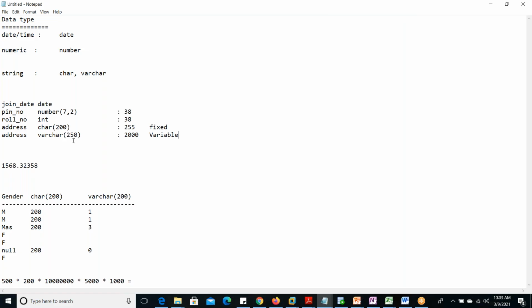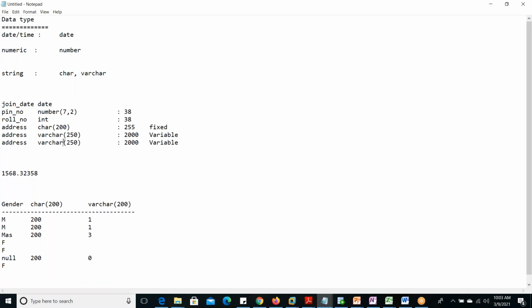Okay, now Oracle database, what they did, again they defined after a few years some advanced thing. Varchar2, in 2000 they derived, so they have given this name as varchar2, and they made this double, from 2000 to 4000. So it can allow up to 4000 in Oracle database only. If other databases you are using, they have not increased that size, 2000 only. And in Oracle database, if we are giving varchar also, by default it is considering as varchar2. So whenever we create a table, you can observe those things.